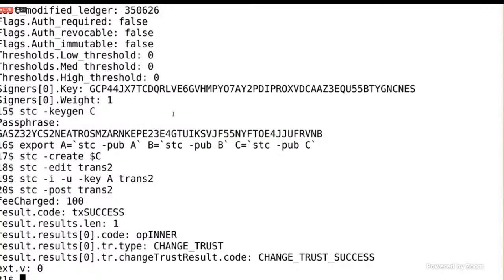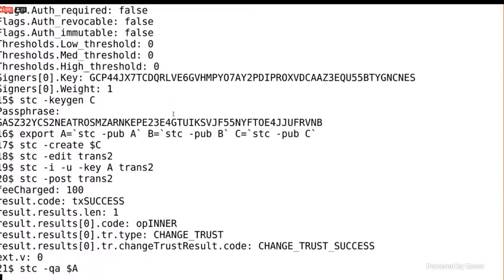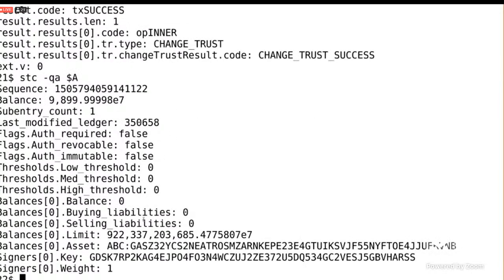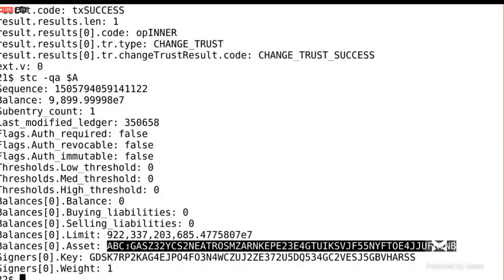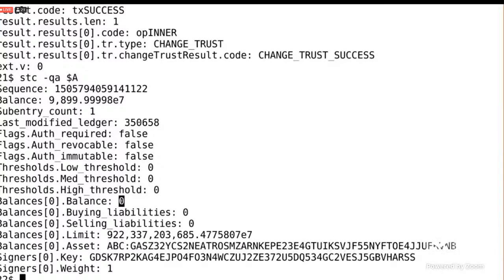Okay, success. So if we now query account A, we can see that there's now this trust line here for this asset ABC with issuer C, and it has a very high limit, but the balance is still 0. Now let's say we want to do the same thing and create the same trust line on B for this asset. Well,